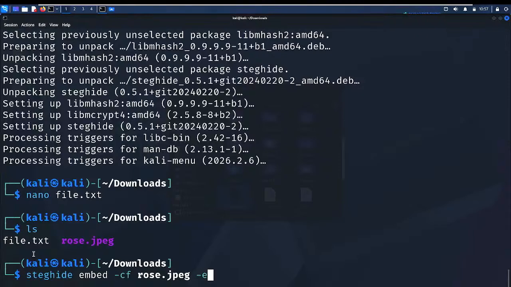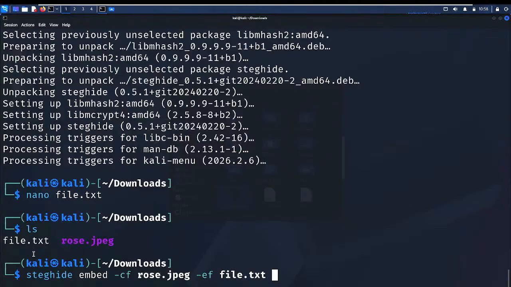And then the embedded file, the file I want to hide inside the image, which is file.txt. Altogether. So this is my embedded file, the file I want to make a copy of, not the entire file, a copy of the file. I want to hide it inside this image.